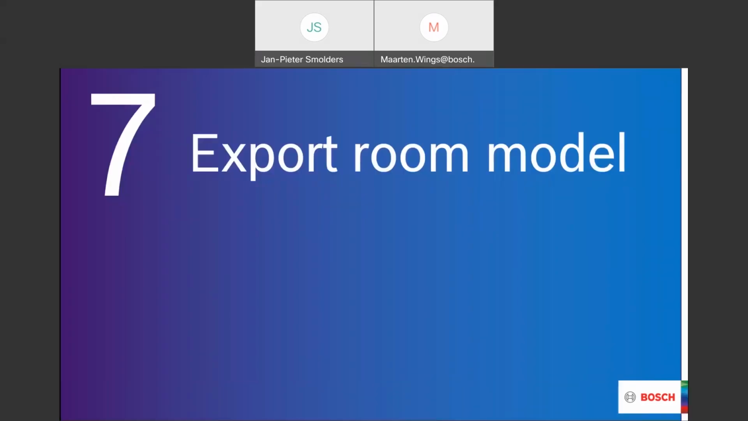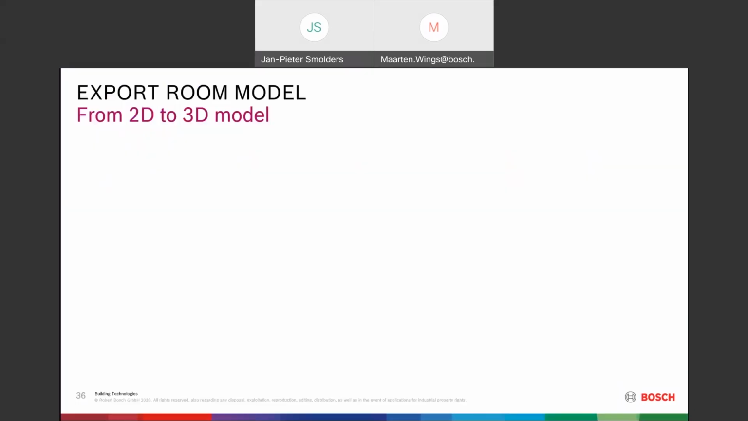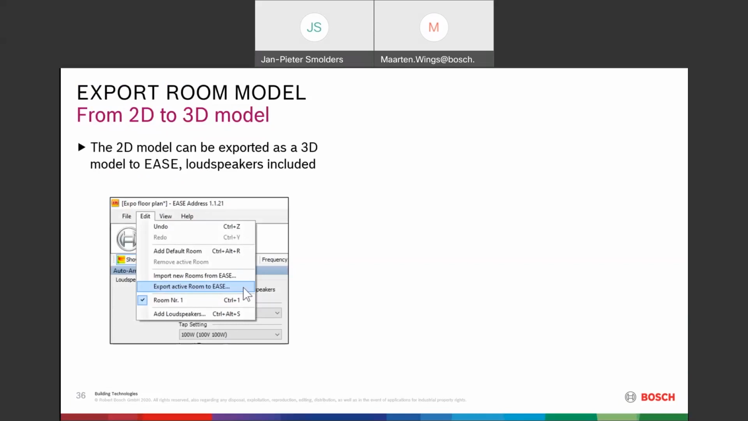Now the last option we'll show here is the export of the room model from a 2D model to a 3D model. The option is available in the edit menu. If you click on edit on top of the software and you click on export active room to EASE, then